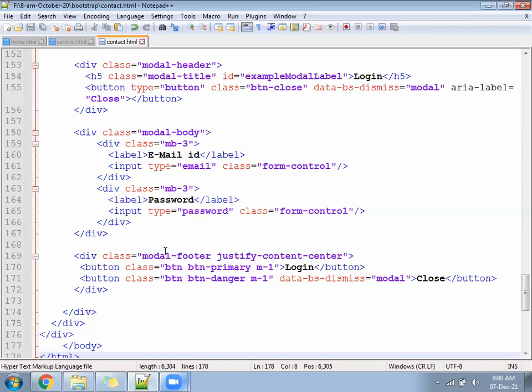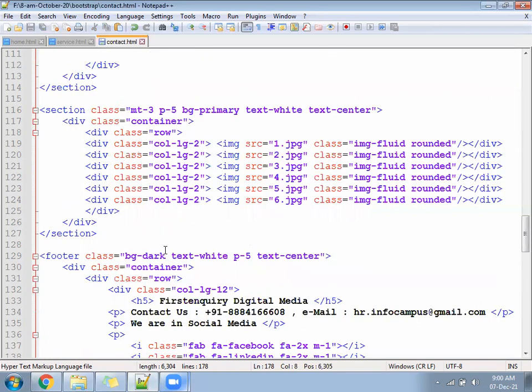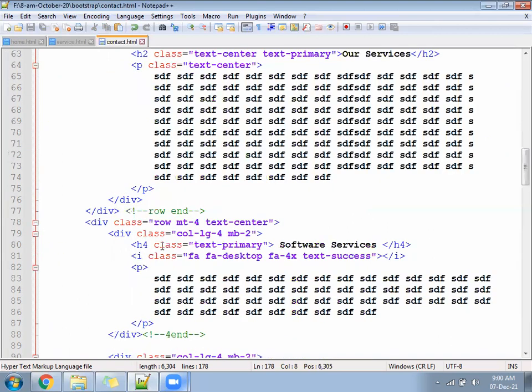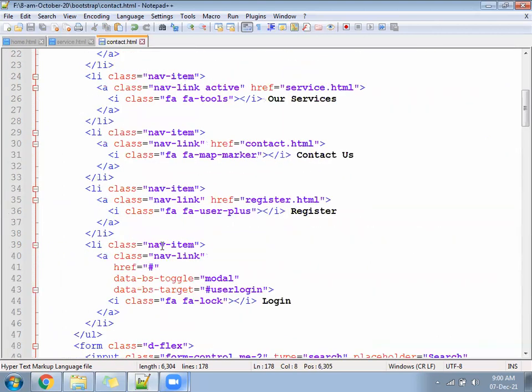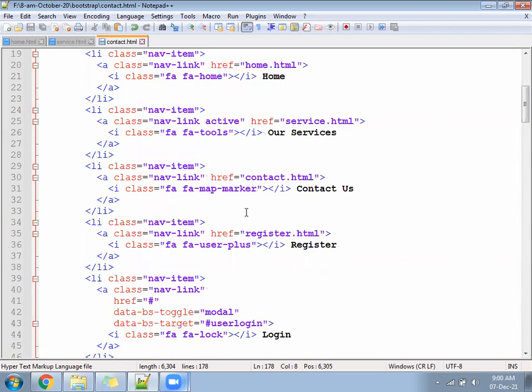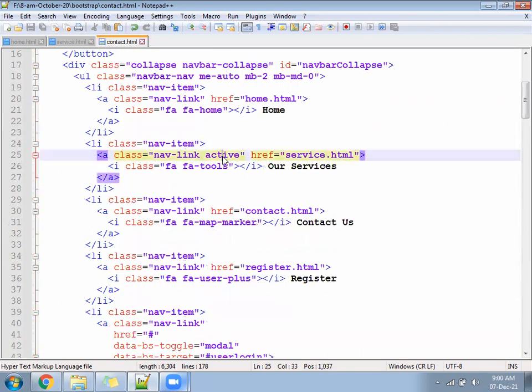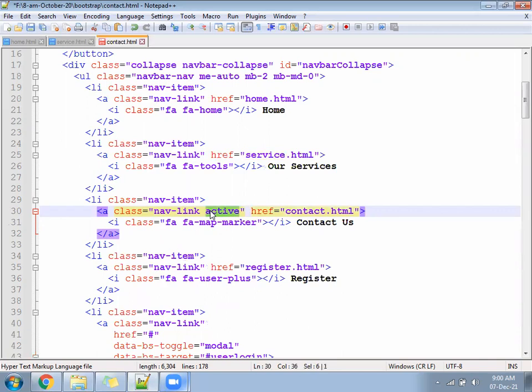Which menu will be active now? Contact. You cut it from service and apply it to contact. The contact menu will be active now.